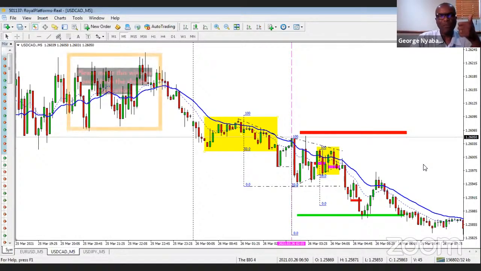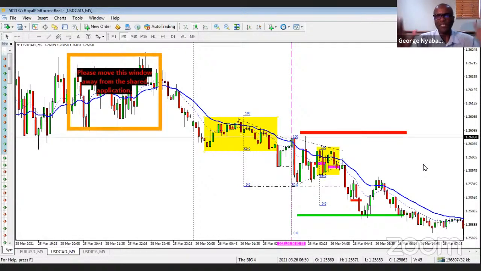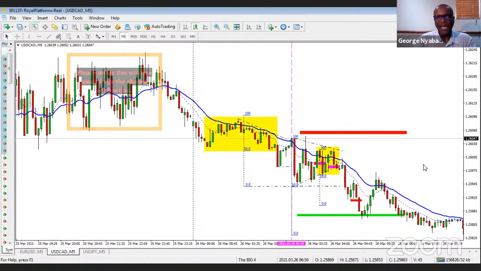That's one point. The second point, which I've mentioned, I'm only trading the first session of the Tokyo Stock Exchange, the 2.5 hours. So by 5 o'clock, I want to be out of the market. I'm not comfortable holding on to trades into the second session, and then the early opening of the European session until the London session opens. There's just so much variability that takes place. So I'd rather take my profits and get out.